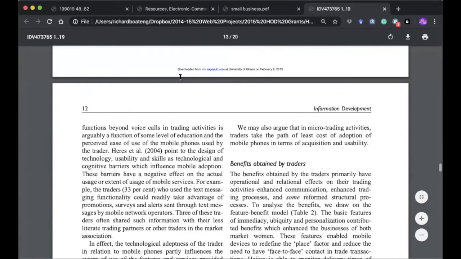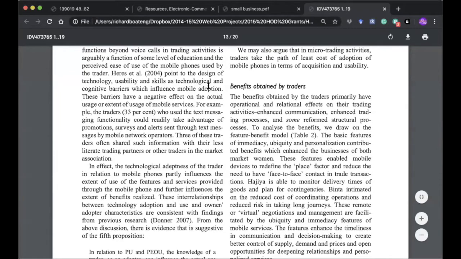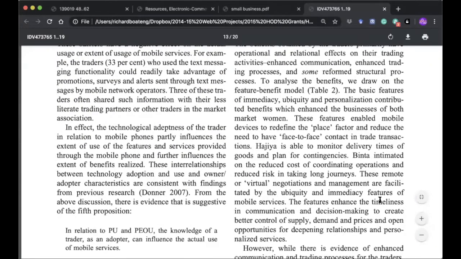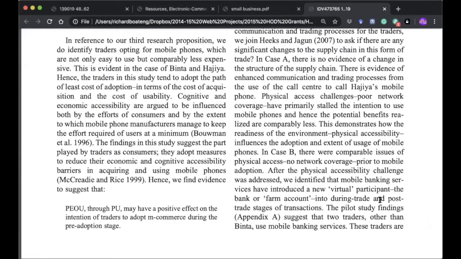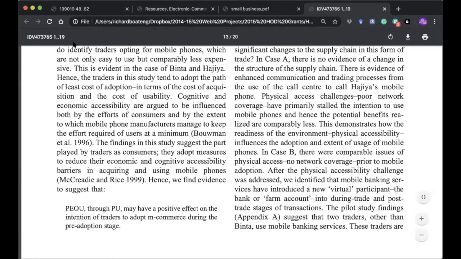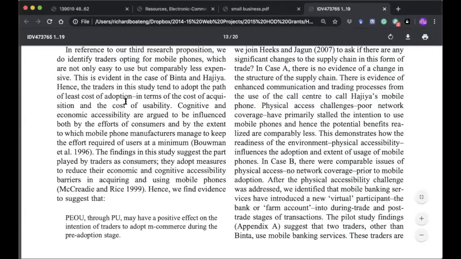So this is a paper on mobiles and micro trading in Nigeria. And then we use pattern matching. So we are going to look at how we find evidence for one of the propositions. So let's look at this. Listen to me very carefully. In reference to our third research proposition,